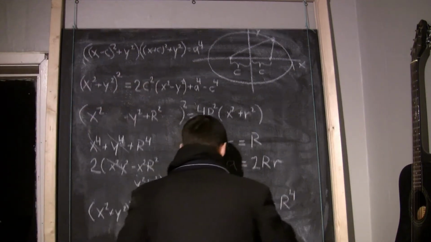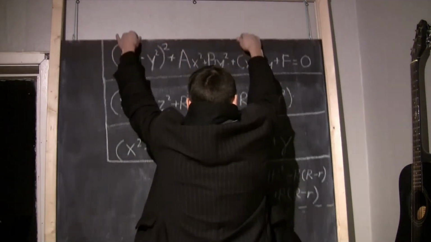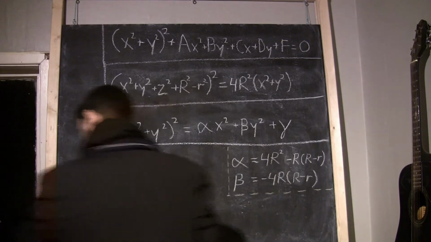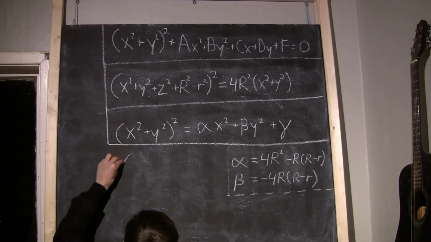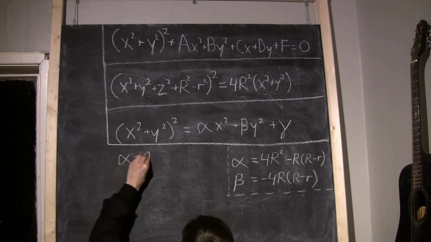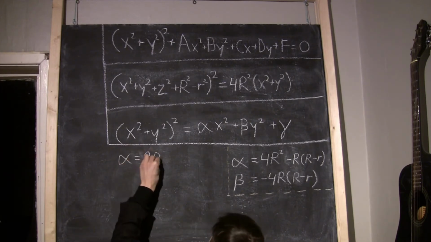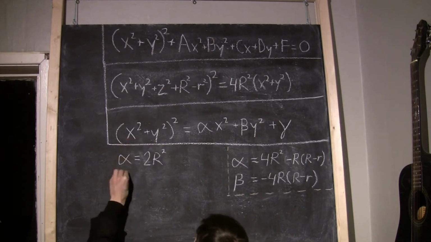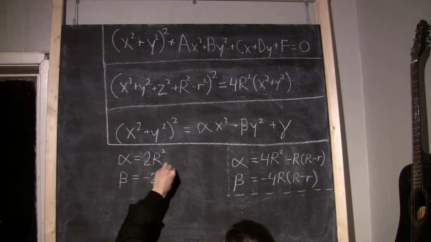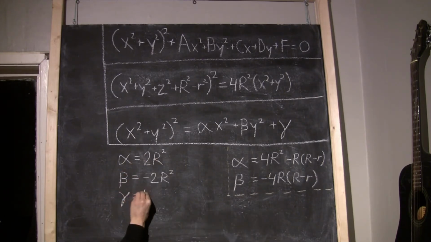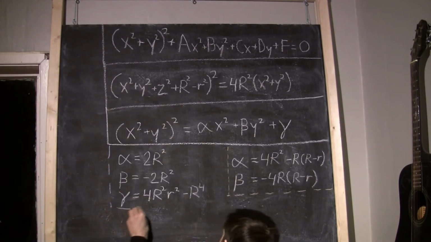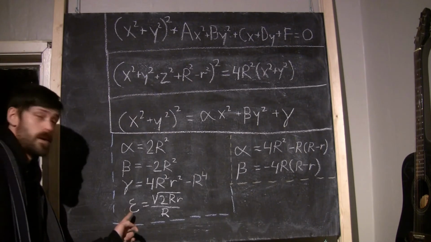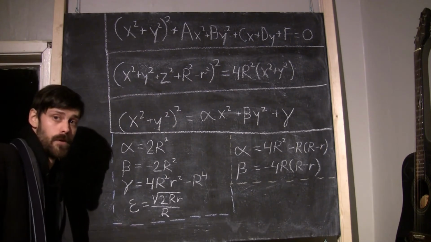Now, in order to collect our results, we have that for the Cassini oval. So I add this thing to the bottom,